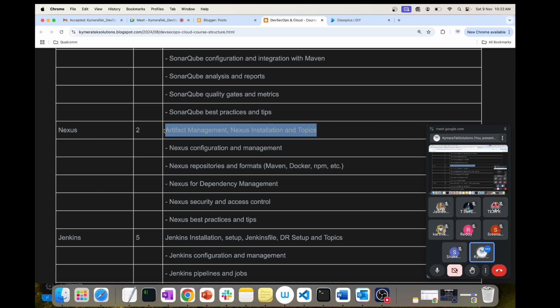Whenever you build Java code with Maven, Maven directly downloads everything from the internet, which in a company environment should not be done. You cannot expose your application code or your build to the internet. So it is always done through a proxy kind of tool, where Nexus behaves as a dependency management tool as well as artifact storage.